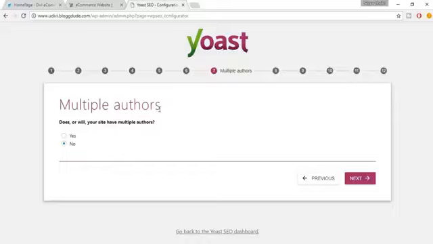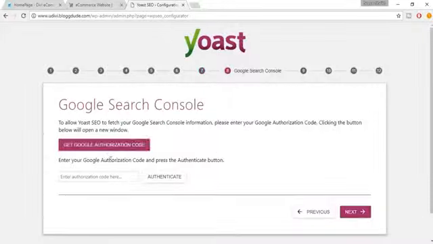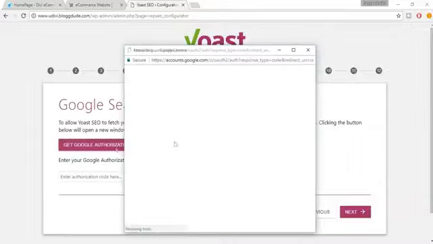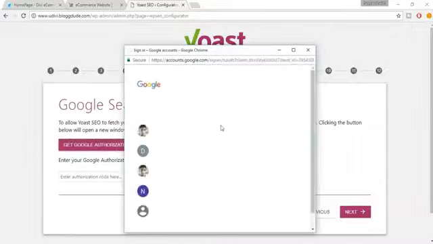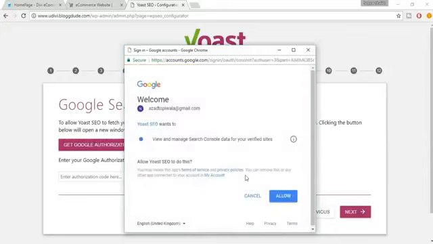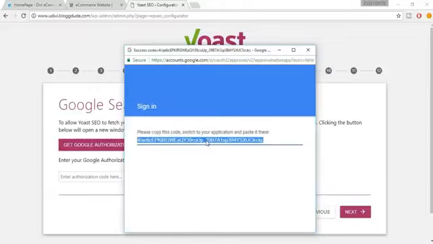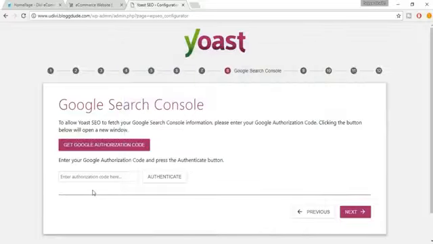Okay, so it asks whether it has multiple authors. Does or will your site have multiple authors? If you think yes, in the future you will have more authors, then select yes. If no, then no. Then click on next. Okay, now you have to get the Google authentication code, so just click on this. Okay, select your account. Click on allow. Just copy this code, paste it over here. Now click on next,